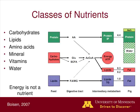And the most expensive part of the feed is energy. Energy is not a nutrient, but animals derive energy from nutrients. The three nutrients that derive energy are protein, carbohydrates, and lipids. The animal uses protein, carbohydrate, and lipids through the digestive process and intermediate metabolism, to a final deposition here on the pig side. And the animal can use the energy for deposition of